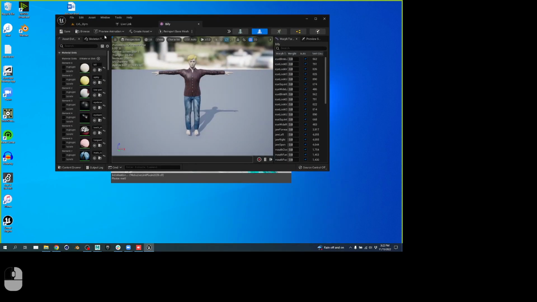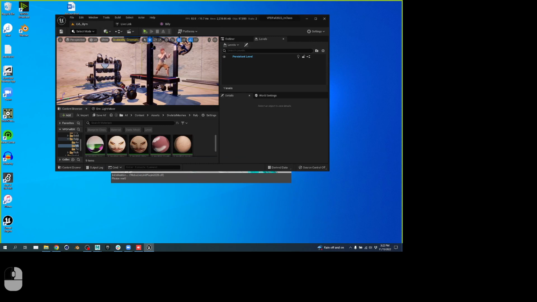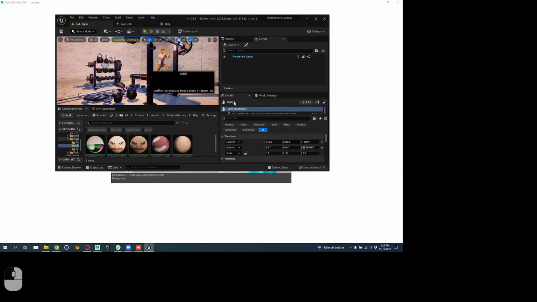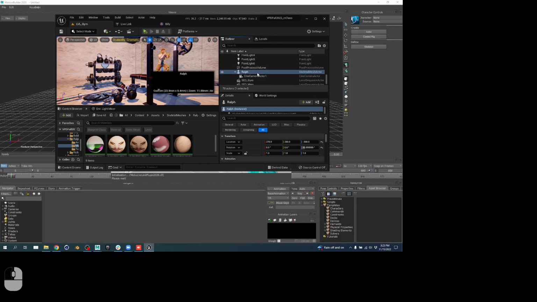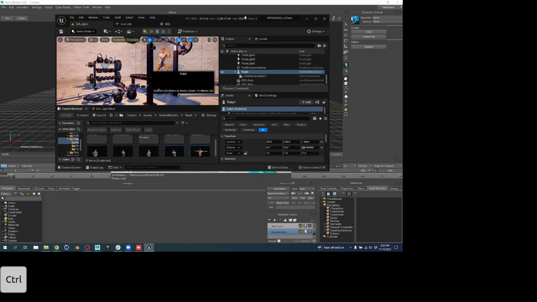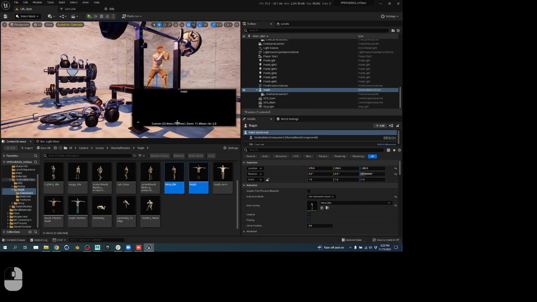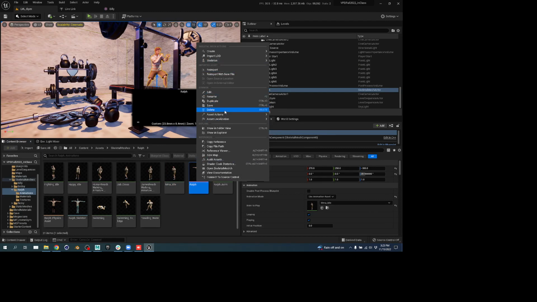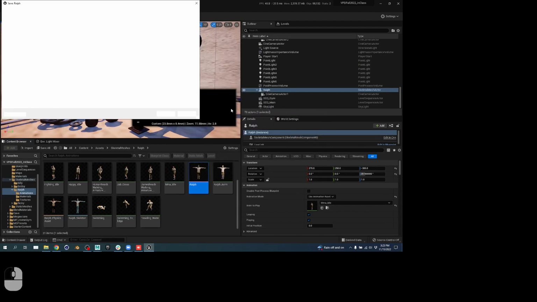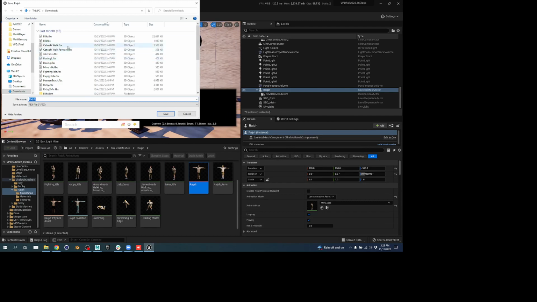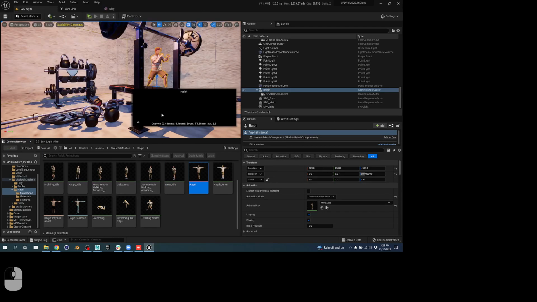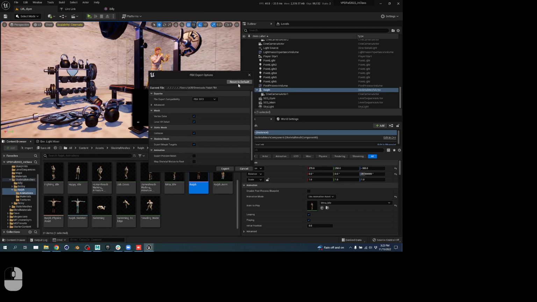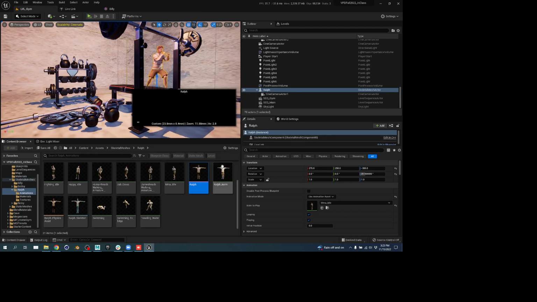We'll take this guy. We'll find good old Ralph. Control B finds it in my content browser. And then I'm going to export the skeletal mesh. So go to Asset Actions, Export. For right now, I'm just going to put it in my downloads, save, and I'm going to make everything default. I'm not worried about it. I just need the skeleton, really. And then it has exported